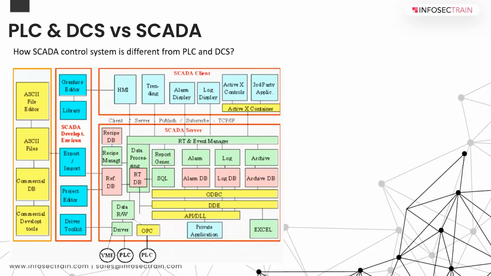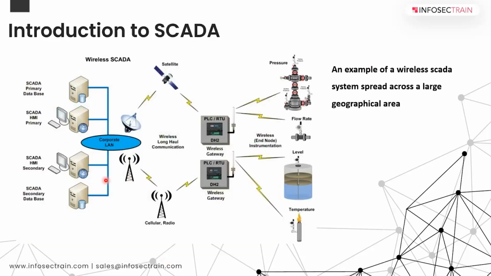But the SCADA computer, this is the SCADA primary database, secondary database. These are basically for redundancy. This is where the SCADA application lies. This is where all the processing happens, all the processing of this data based on our requirements. The HMI here can be a separate application, a different make, model, and so on. So all this data that is crunched and analyzed can be interpreted here using the representation.